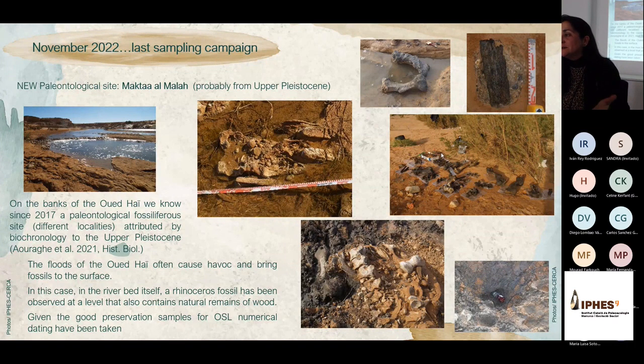Here you can see the pieces drying, and now they are restoring them with online help from Helena, to begin to restore all the material. Even if very well preserved, at least we will clean it and try to study the fossils this spring too. For the moment, it looks like the other points that we have on the banks of the Wadi, of which I showed you other pictures, and that is published in one of the papers,